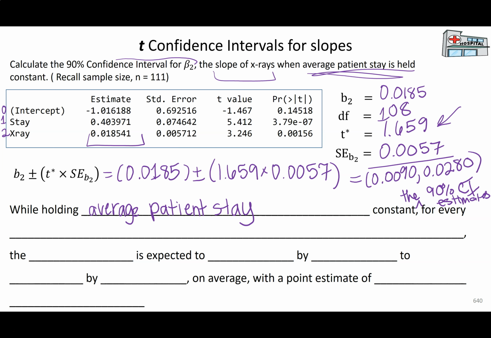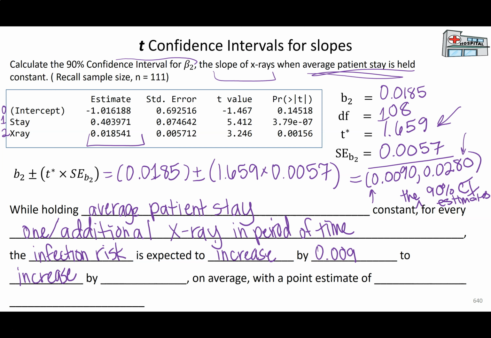So increase by 0.009 to, I'm going to also write increase here. It's less important to write increase to increase both times, but when you have decrease and increase, it's absolutely important to include that. It's a little bit easier to write up when the signs are the same. So we think that infection risk on average is going to increase somewhere from 0.009 to 0.028 on average, with a point estimate of a